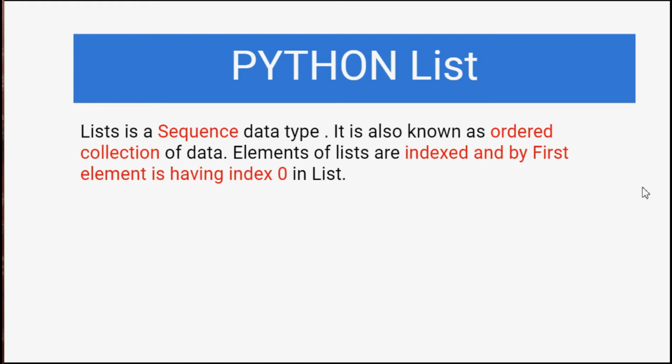Now what do you mean by ordered collection? Unlike dictionaries, which we have already done, where we have keys and values, there is no condition that keys must be in one particular format. You can give the first two pairs keys as strings and the next two pairs keys as integers, so they do not follow any particular pattern. That is why we call dictionaries an unordered collection.